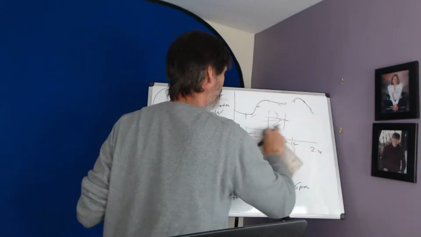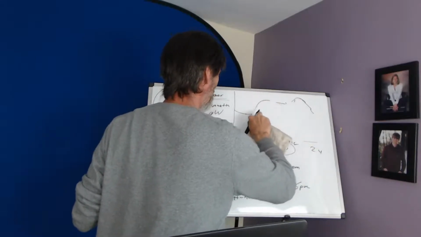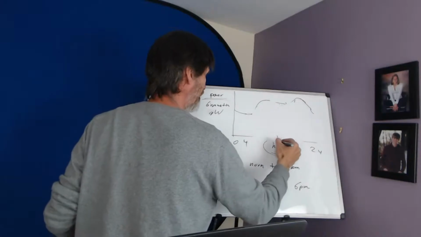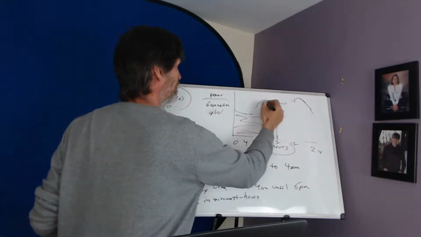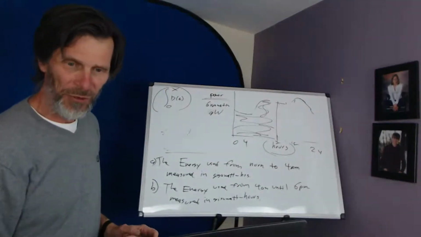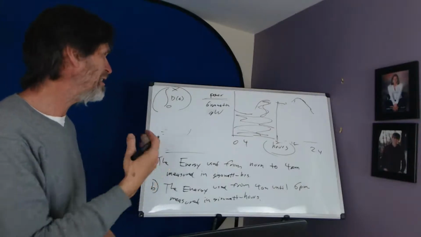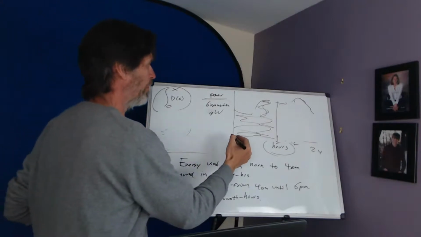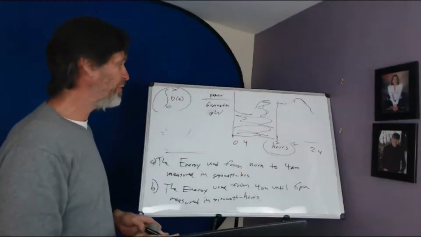Heck, while I'm at it, I might as well shade this region, 0 to X. I'm not sure where X is. It's some random place out here someplace. It's really any X between 0 and 24. Energy used between 0 and X. All right, here's midnight of the day, so it would be really the first X hours of the day.